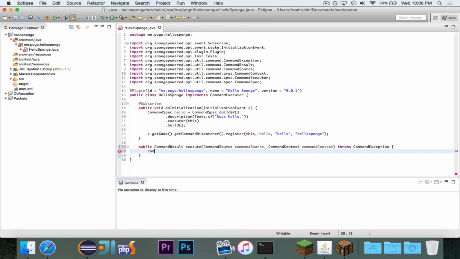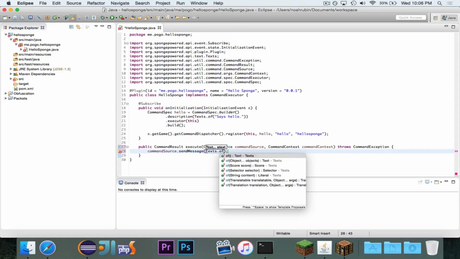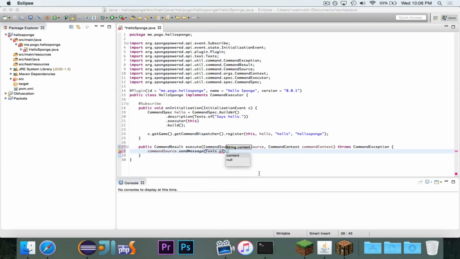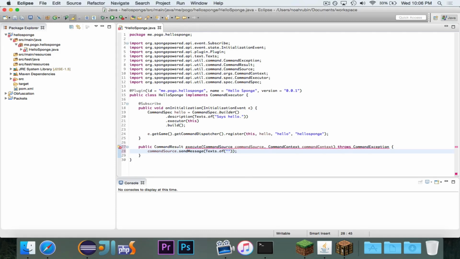For now, all we're going to do is write command source.sendMessage, and you'll see that it takes a variable arity array of text. So we just do texts.of and then string content. So the message, we want to say hello sponge. So it's going to send the hello sponge message. And of course we see this needs to return a command result.